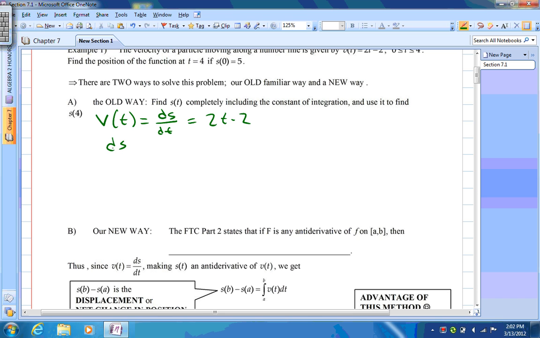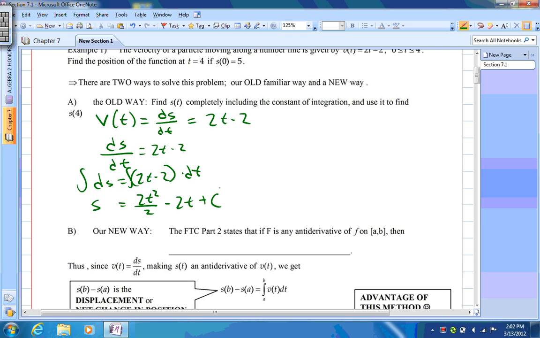So ds over dt equals 2t minus 2. ds equals 2t minus 2 times dt. Now I can take the antiderivative,